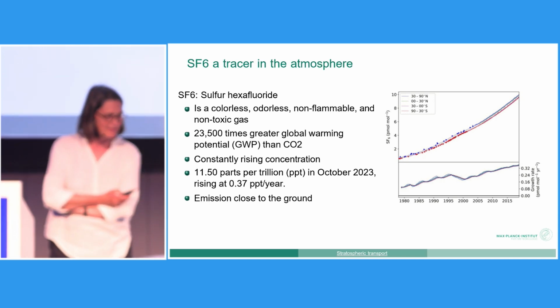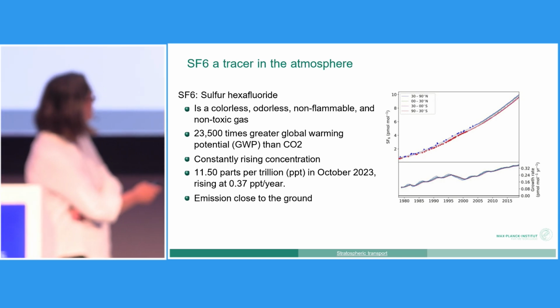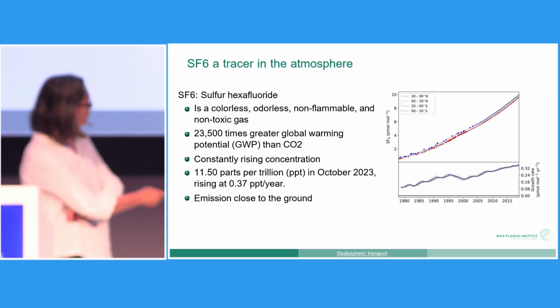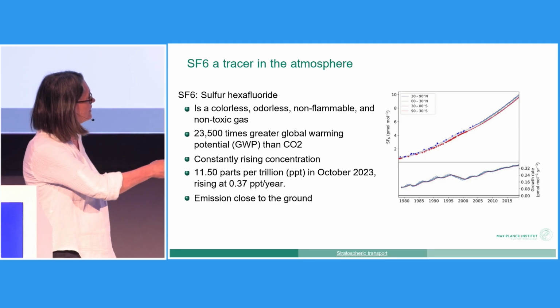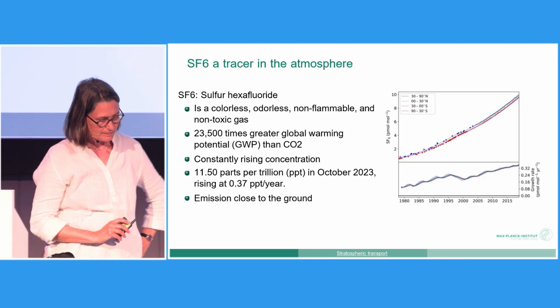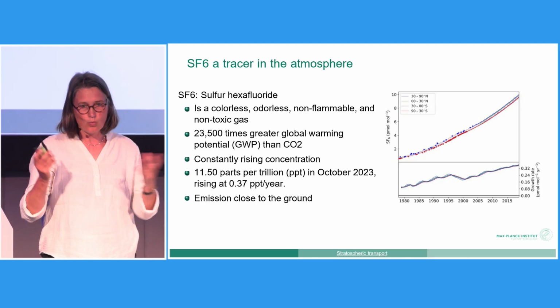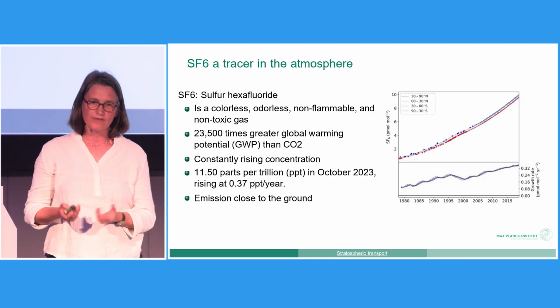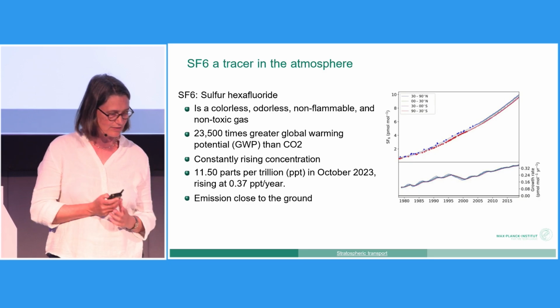Here we have the concentrations and the growth rate. It's constantly increasing in the atmosphere. But as it's more or less an inert gas, it's an almost perfect tracer for us,